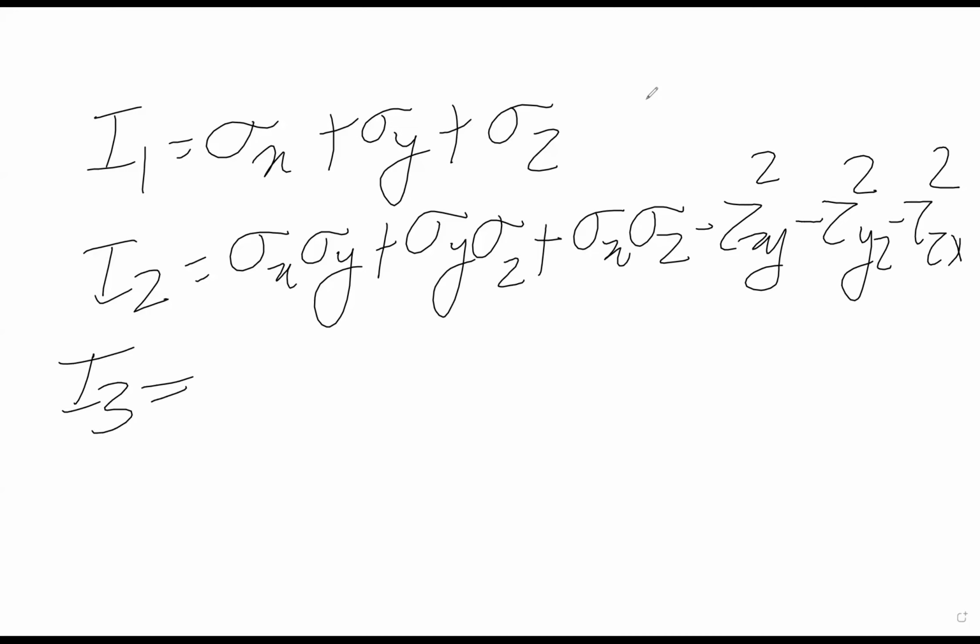I3 is a little bit lengthy, that is sigma x sigma y sigma z plus 2 tau xy